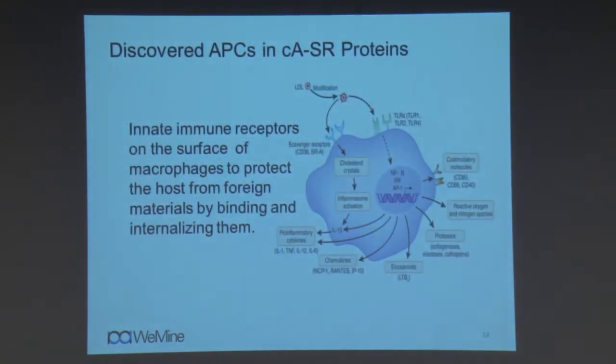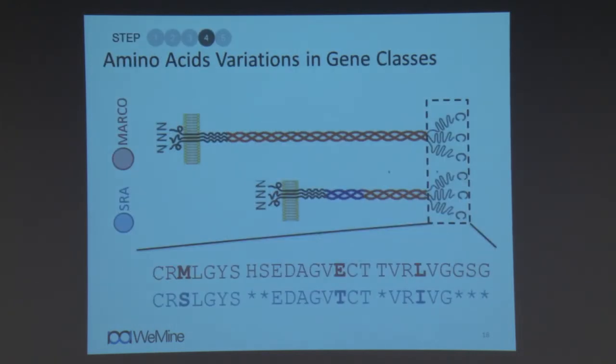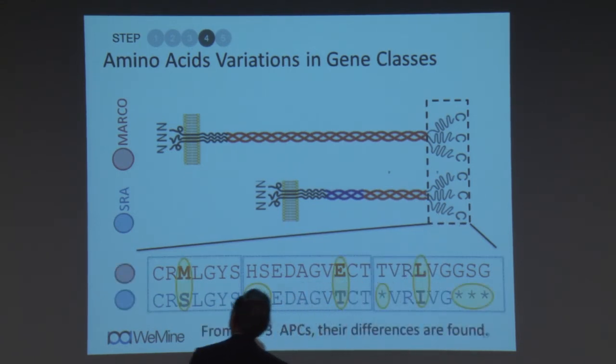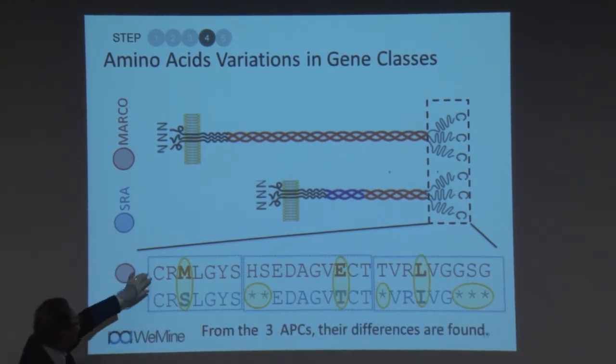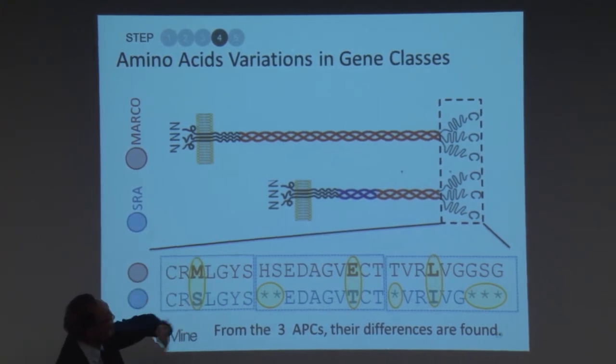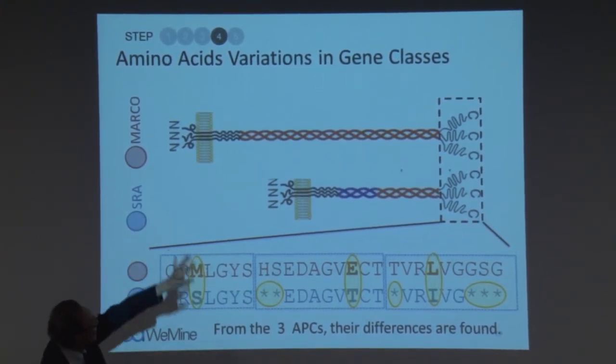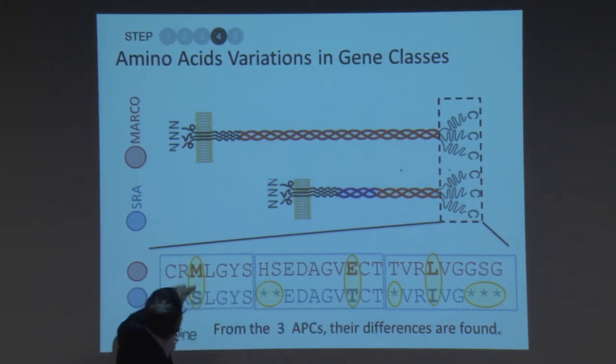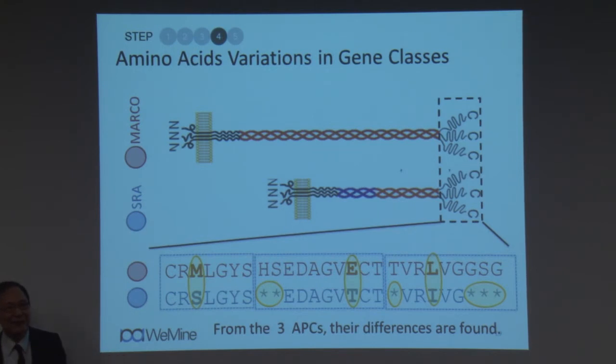Now finally, we show that we can also apply this to find the functional region in a molecule from the APC we discover. Now these are two very interesting molecules. One is longer, the other is shorter, but the whole functional group is here. So again, there are two classes, but these are scattered along the long sequence. They're 500 bases long. But once we find these 3 APC, you can see the differences very easily.